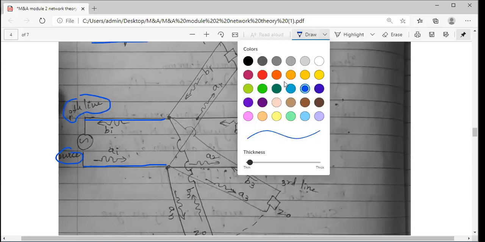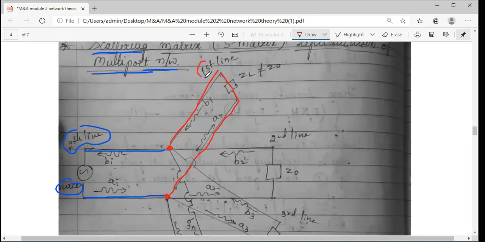So a source is connected, so this acts as your input side. Coming to the remaining, so we are now talking about the multi-port. This is your common meeting point. We call this junction. You can observe there is one more port here. Okay, so a pair will be ith line, and if you see, it is your first line. Okay, so this is one pair, input, output.